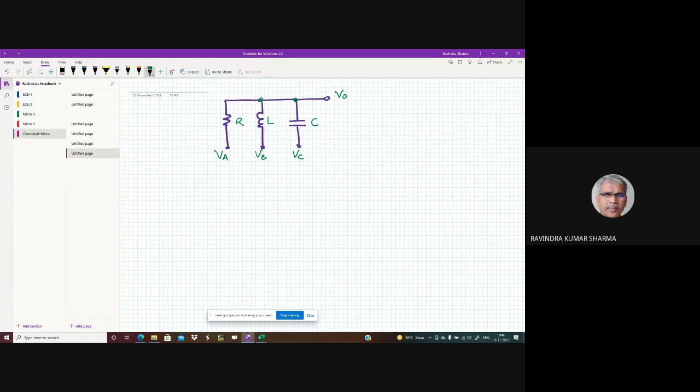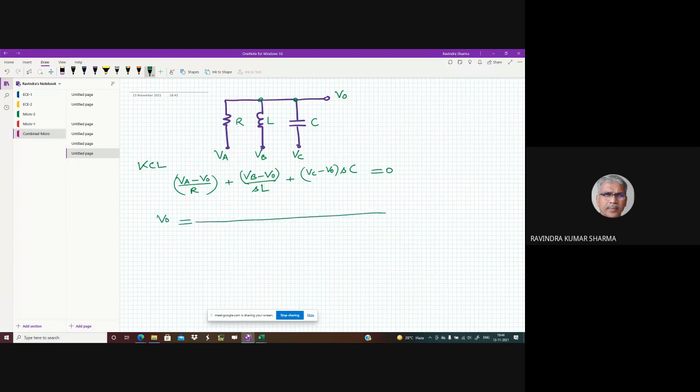What will be KCL? KCL will be (VA minus V naught) divided by R plus (VB minus V naught) divided by SL plus (VC minus V naught) times SC equals to 0. Is that okay? Yes, sir. ये KCL लिखने के बाद आप इसको मैनिपुलेट करो एंड राइट डाउन V नॉट।